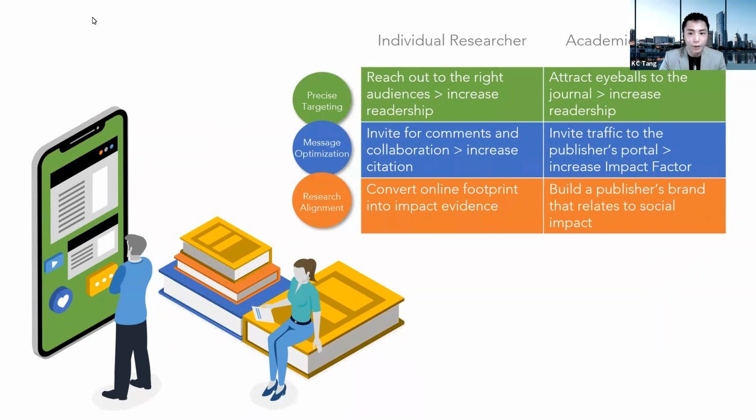So to break this down into further detail, as I mentioned earlier, there are two groups of audiences here. One is the individual researcher, the other one is from the publisher perspective. So the first section here applies to both. The benefit applies to both. If you are from the researcher perspective, you certainly would like to reach out to the right group of audience. You would like to specifically target certain countries, etc., to improve your readership, to build up the awareness of your paper.